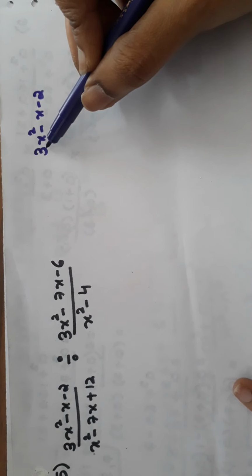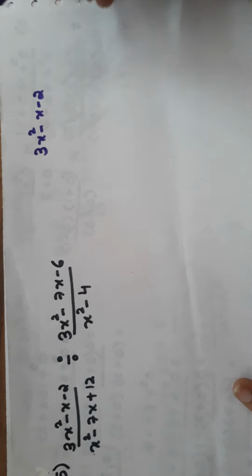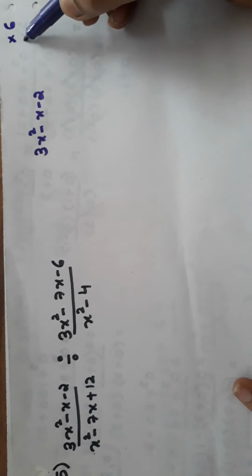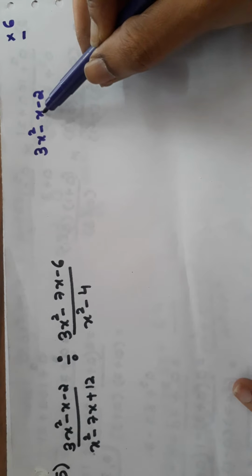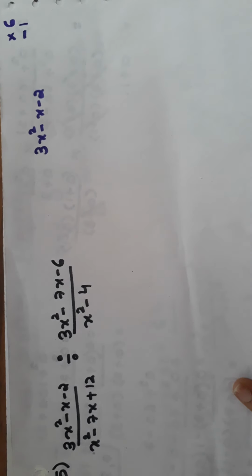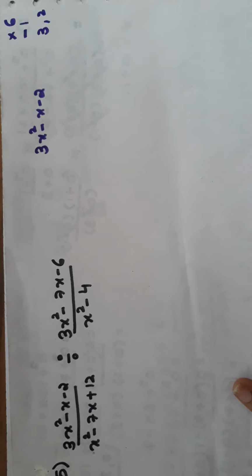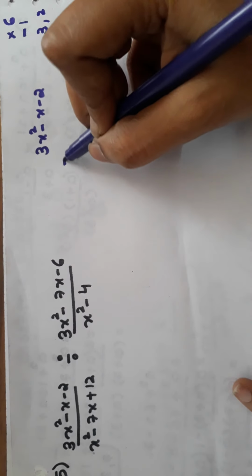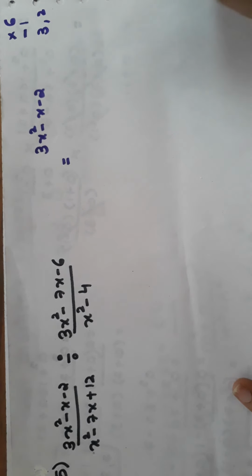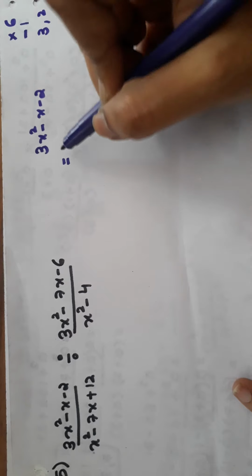The product of the coefficient of the first term and the constant term is 6. Here the sign is minus and the coefficient of the middle term is 1. Two numbers which when multiplied give 6 and which on subtraction give 1: 3 and 2. 3 × 2 is 6 and 3 − 2 is 1. So, keeping all the other terms and the sign the same, split the middle term.